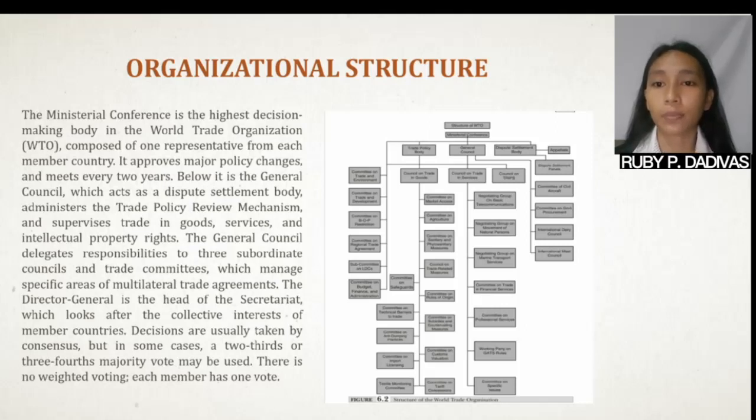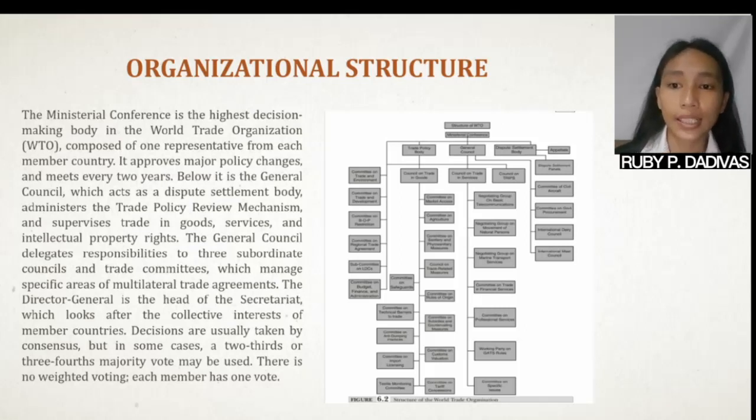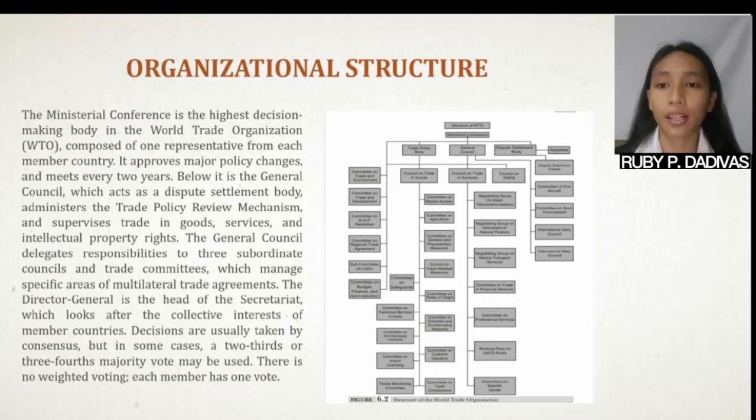This includes the Council for Trade in Goods, the Council for Trade in Services, the Council for TRIPS or trade-related aspects of intellectual property rights, and several committees including the Committee on Agriculture and the Committee on Trade and Development. The Director General is the head of the World Trade Organization Secretariat, which looks after the collective interest of the member countries. The Secretariat provides technical support for the various World Trade Organization bodies and carries out the day-to-day